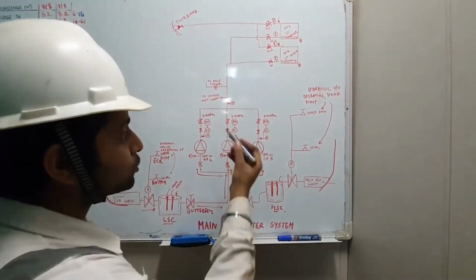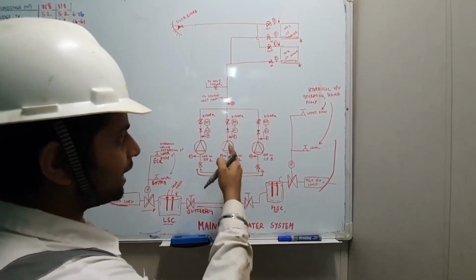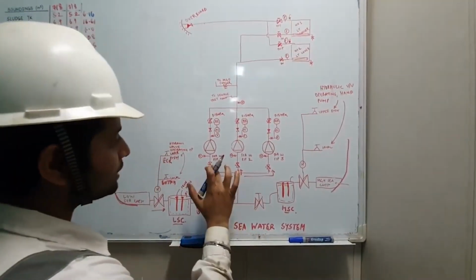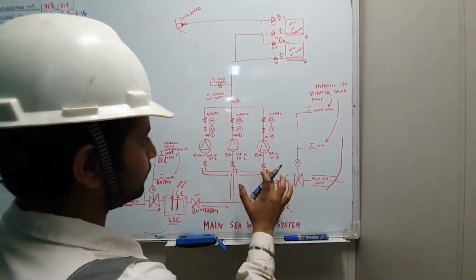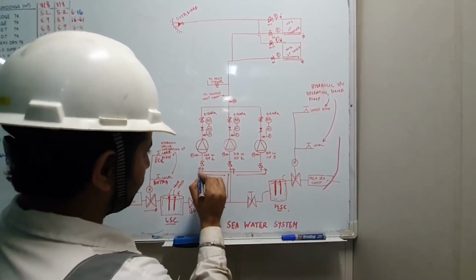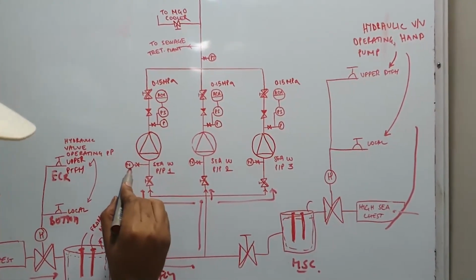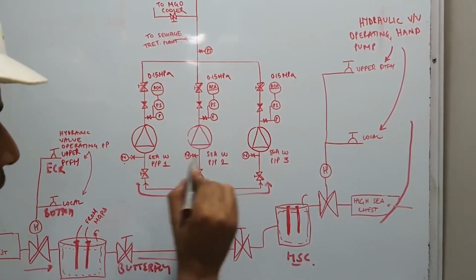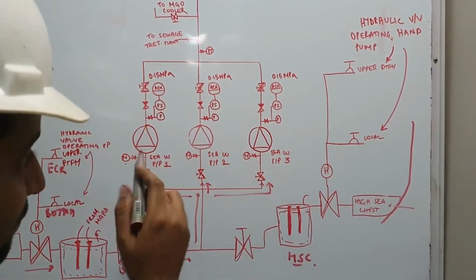In case one pump stops or the pressure drops, then automatically the standby pump should start, right? So what happens is this valve is open, this valve is open, this valve is open, and the water is coming over here. You can see that there is a pressure gauge fitted over here, so you can see how much the suction pressure is. If this suction pressure is